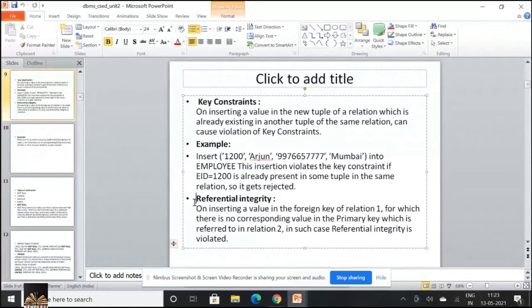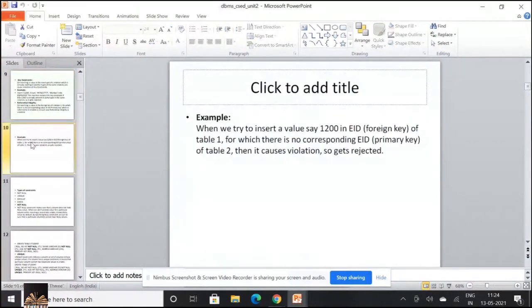Otherwise, even if the value belongs to the domain of the data type of the foreign key attribute, it gives you an error because it is trying to refer to the primary key attribute. So if I have 1, 2, 3 in the primary key attributes, then you cannot enter a value 4 into a foreign key attribute.